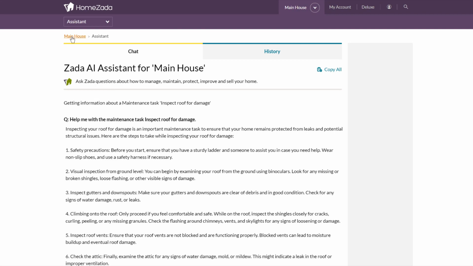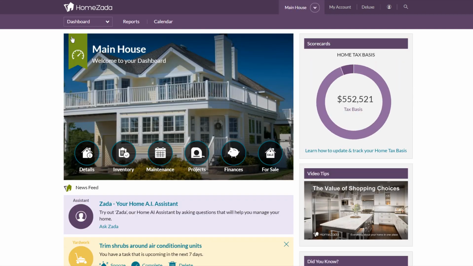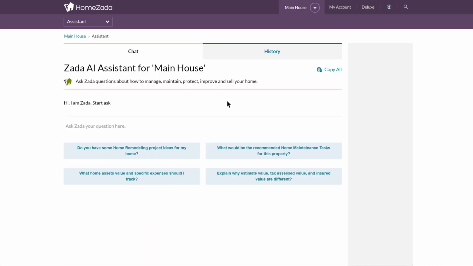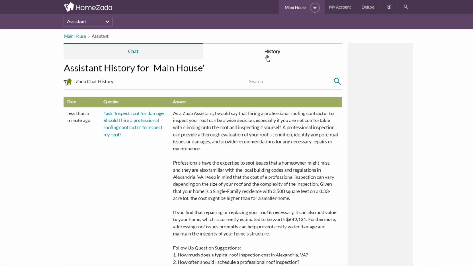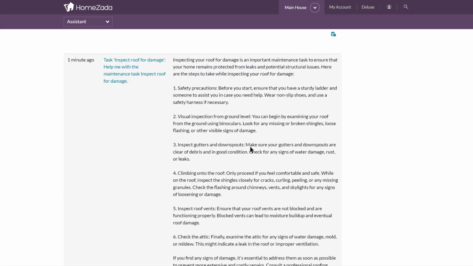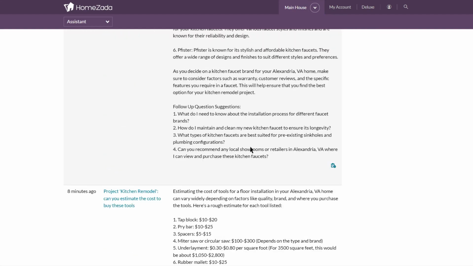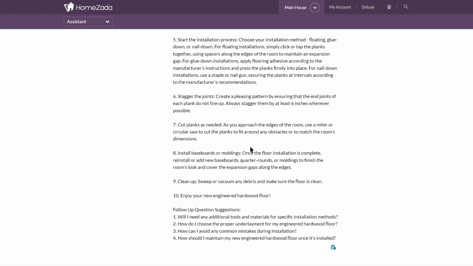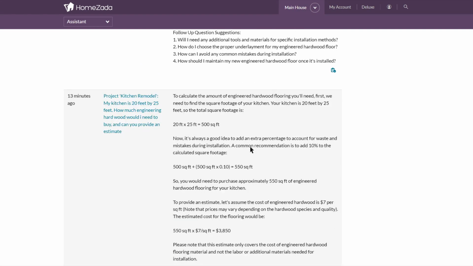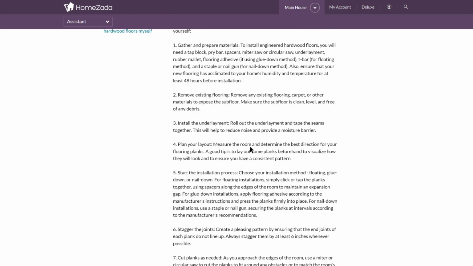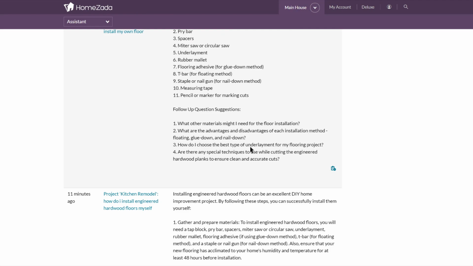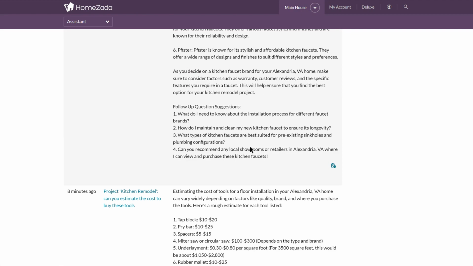So in conclusion, you can see that the Zada AI assistant is quite powerful. Again, you can access this from the news feed. You can always go back to the history tab, and you're going to see all the different things that we've done. You can do searches on this, and it's a great way. Think about most people, when they do searches, they're saving bookmarks on their browser of all the different places that they're gathering information. The fact that Zada AI is integrated with our digital home management app and basically stores all this information